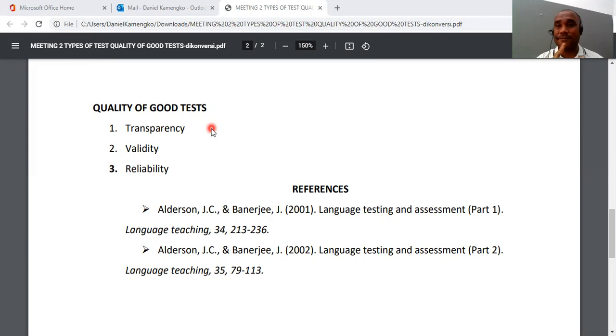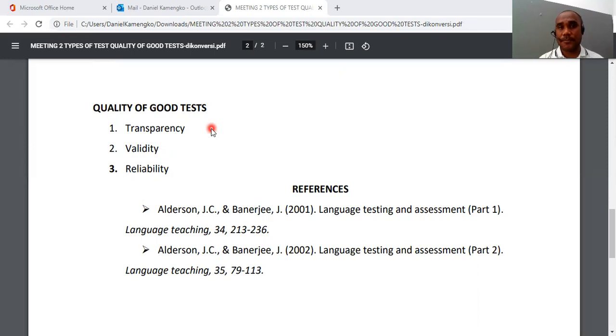Validity, what you have taught, that is also mentioned in what test you are going to make. Transparency, please think about transparency: students, teachers, the school stakeholders should know what kind of tests you try to make for your students. Okay? That's why we have to go through the procedures.